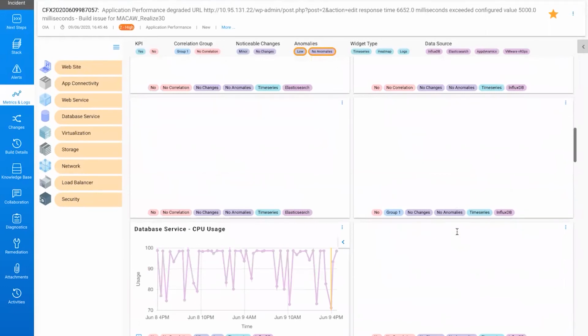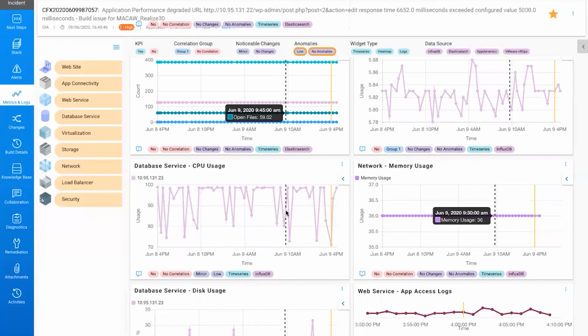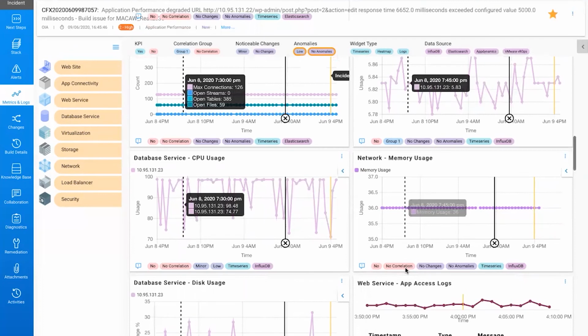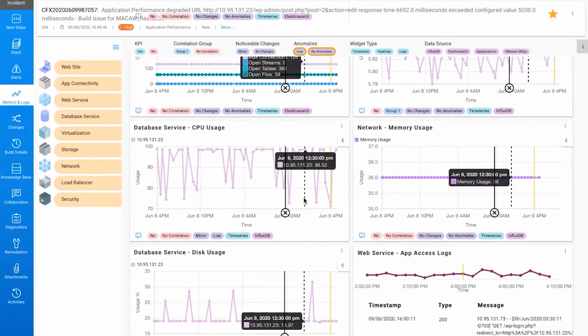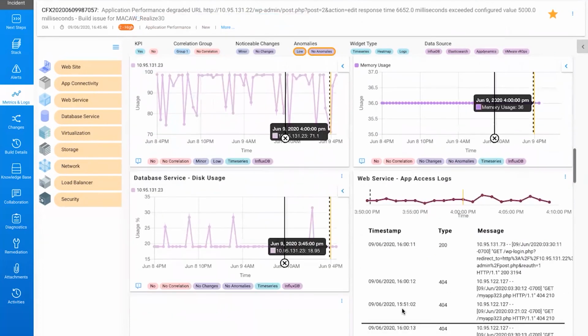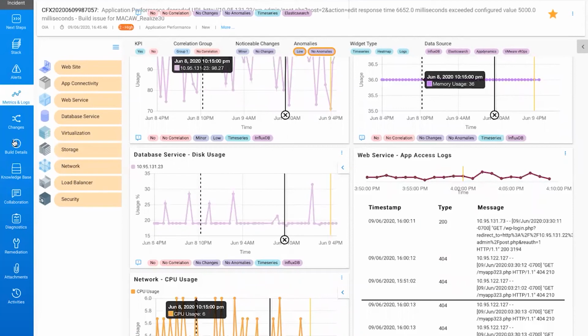It could be log metrics or something else. And I can also have the ability to mark a particular time. I can see how the situation is across the different metrics. And this is very important for debugging, because let's say a support engineer has seen something unusual at some point before the incident, and he wants to see how things are, the log in a particular web service. So I should be able to mark that and go quickly check if something unusual happened at that time. This is a very important capability that is well appreciated by a lot of our customers.